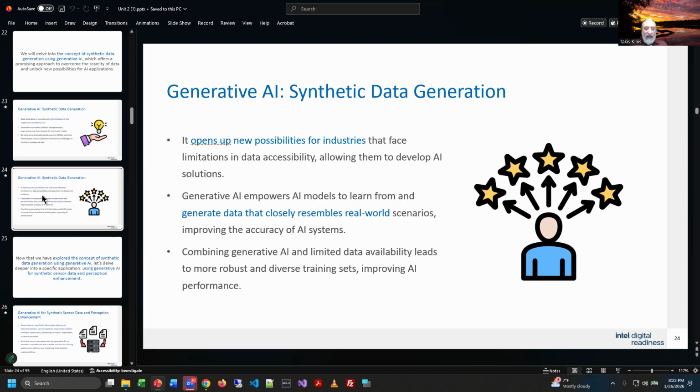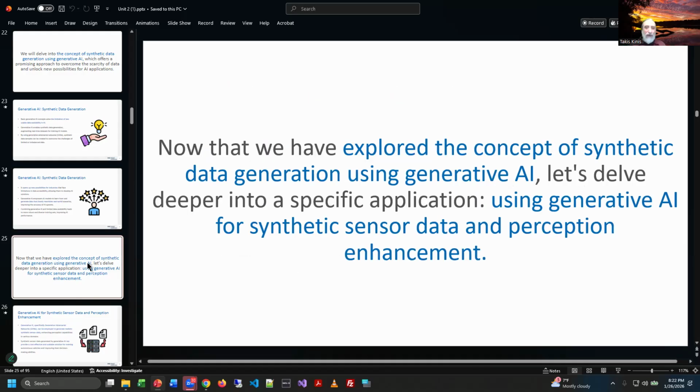And one of the things is, if you don't have access to the data, and you can get synthetic data, and notice the second bullet, that closely resembles real data, that helps AI systems to be more accurate. So this is one of the reasons why we do it. Better training of AI models ultimately results in better AI performance, or in principle, better AI performance. All right, this is kind of interesting, right?